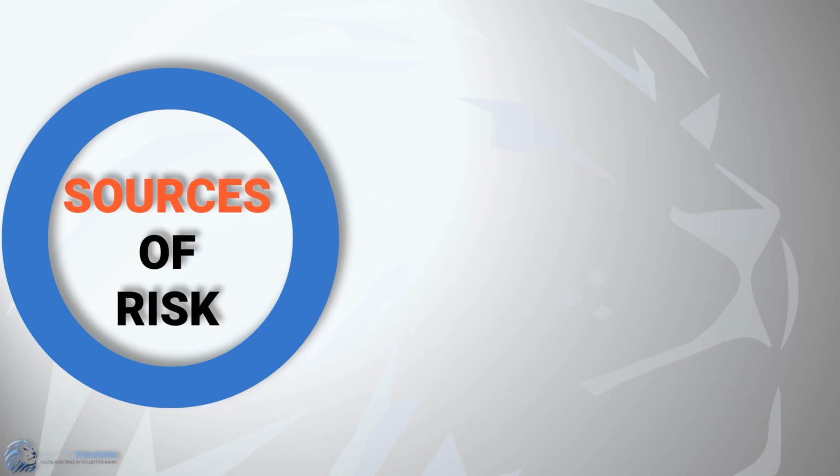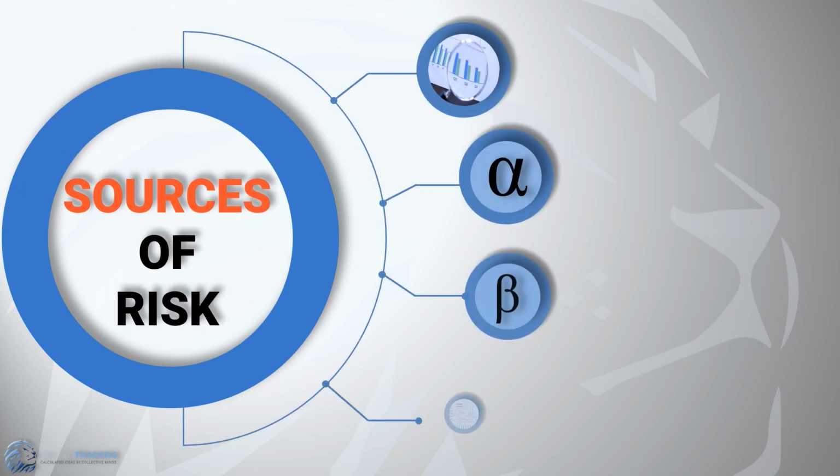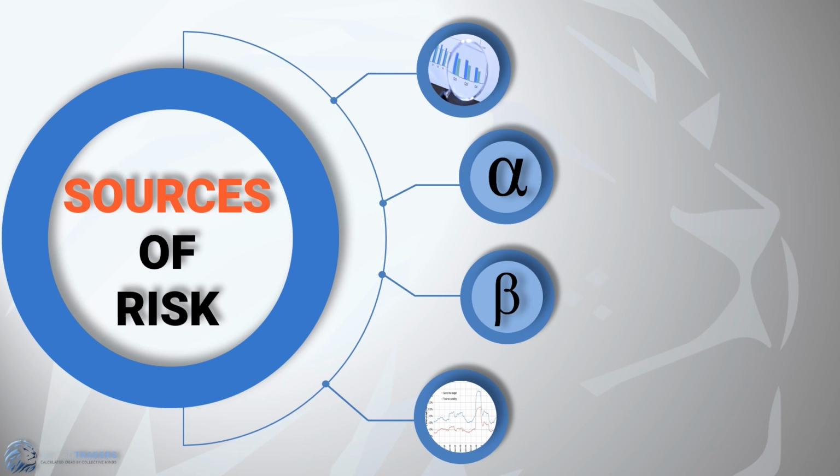To mitigate risk, you must understand where to look. Some of the most fundamental sources of risk include market risk to the broad market. This will affect most sectors of the market simultaneously. Possible sources of this risk may be interest rate changes, significant commodity price changes, inflation, geopolitical events, recessions, and currency exchange rates.